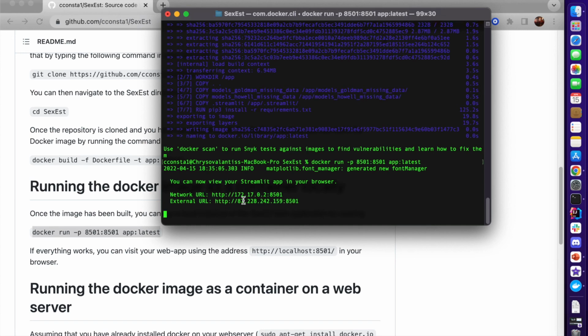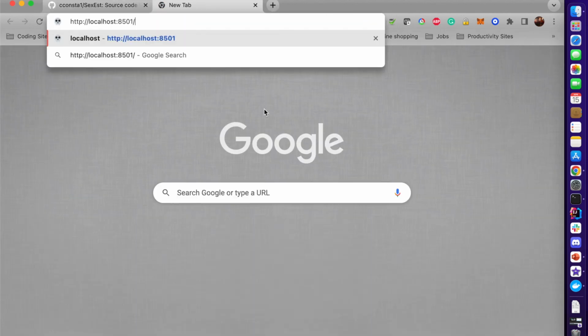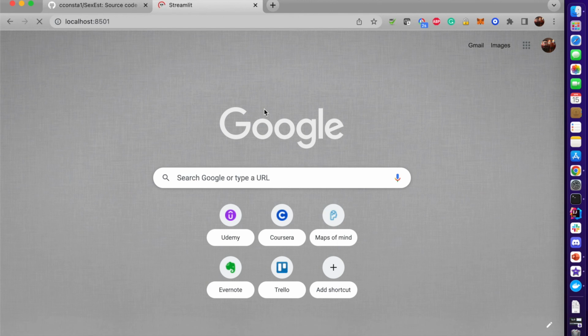Don't pay attention to this. We actually need to visit this URL address on our local host. We press enter,